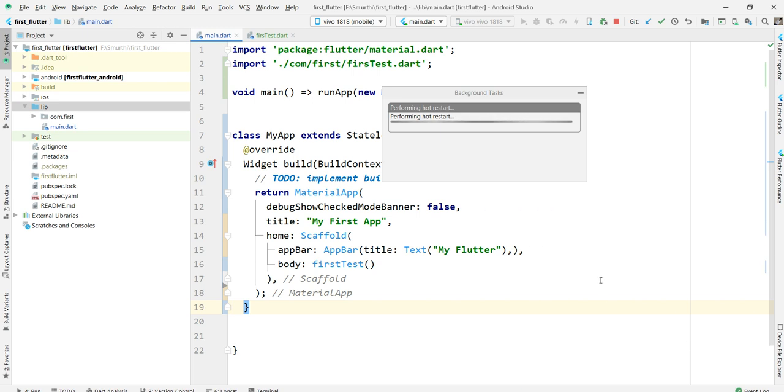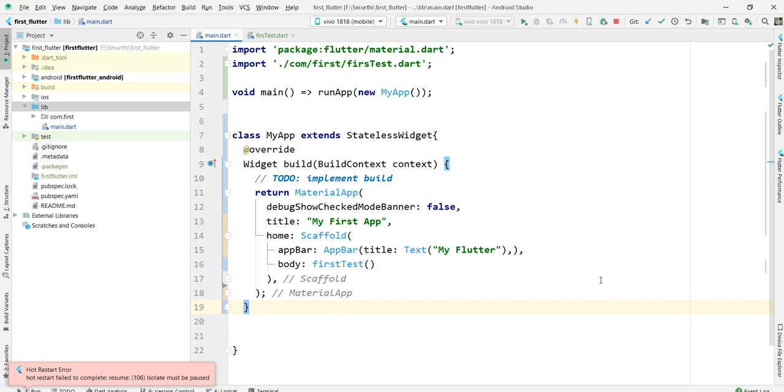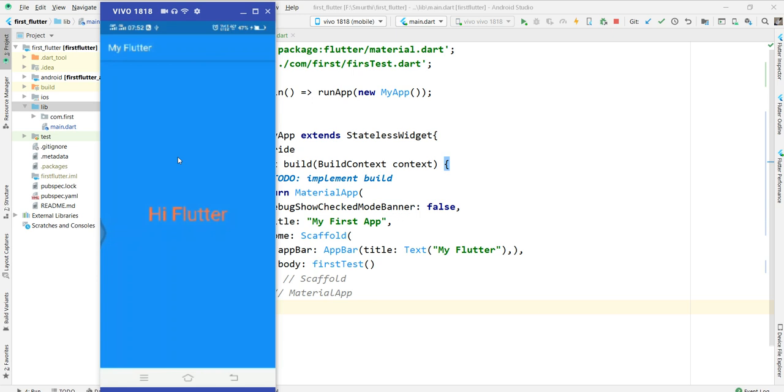Wait. See, it's run. There is no difference in the output, but it should be like this.